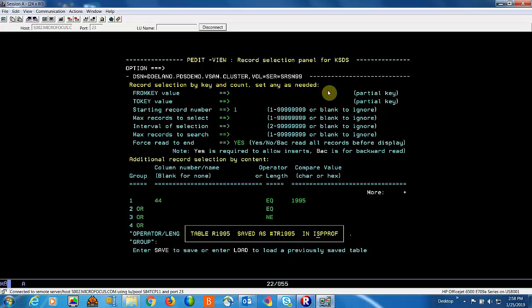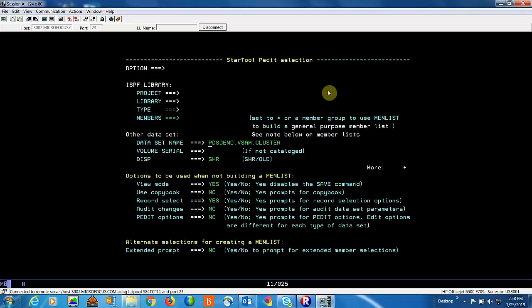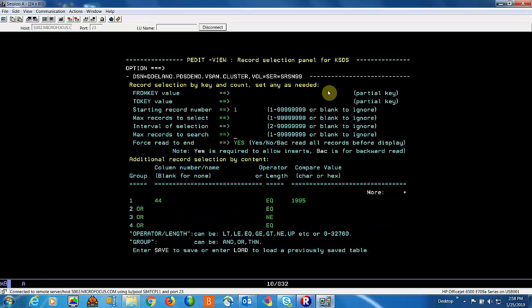I'll now show you how I can load that member name in the profile that I just created. So I'm back at the P-Edit screen. I'll hit Enter, and I'm going to erase this record selection criteria so that you can see that it really loaded it. So on the option or command line, I type the word load,